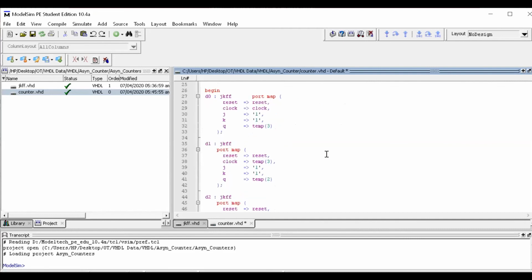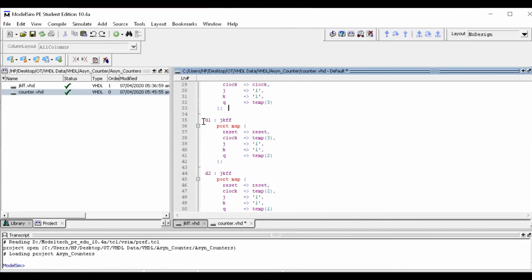Similarly, in the second level we have D1, again a JK flip flop, and I am port mapping reset with reset, and clock with temp 3, J and K as 1, and Q with temp 2. Similarly, the third level, labeled D2, has its clock changed to temp 2 and a Q value of temp 1.